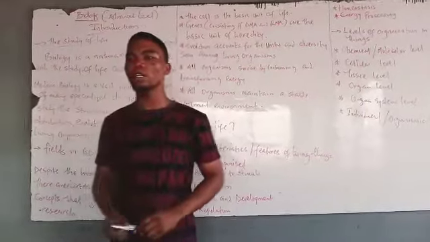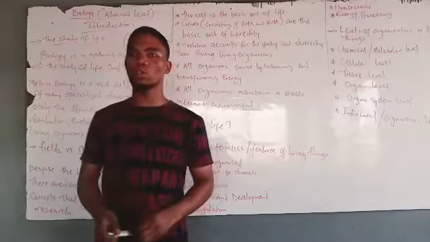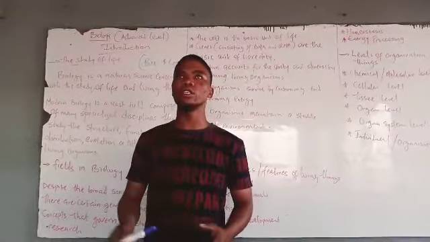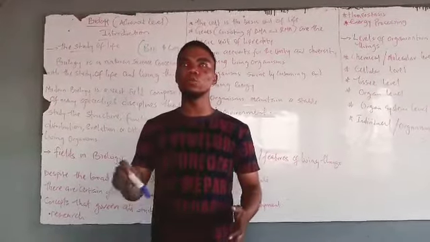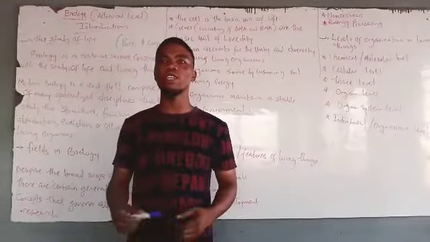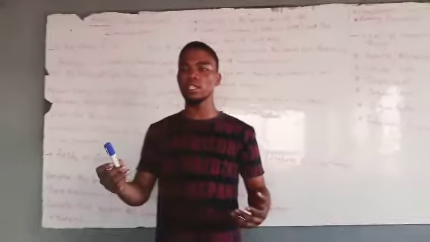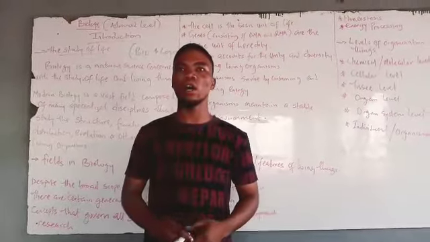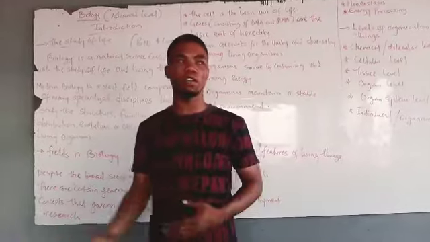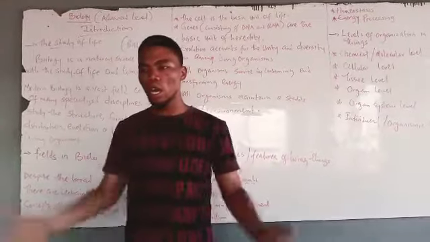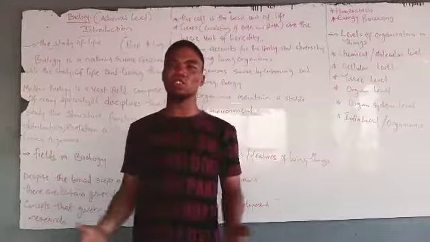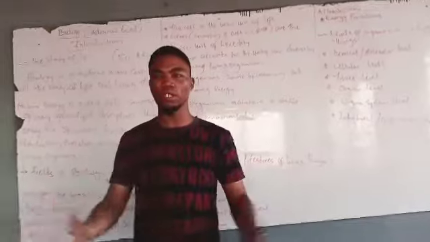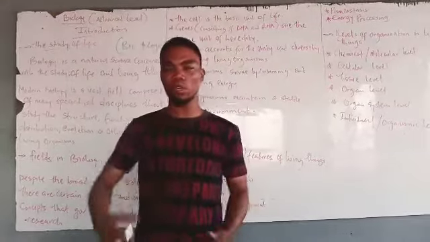And then another branch of biology is taxonomy. Taxonomy deals with the identification, description, nomenclature, and classification of living organisms. Under taxonomy is where we have the hierarchy of classification, where we have our kingdom, the phylum, and so on. So this is a branch of biology that deals with the classification of living organisms, those that are closely related and those that are not related. So we have the animal kingdom, the plant kingdom, and other kingdoms.